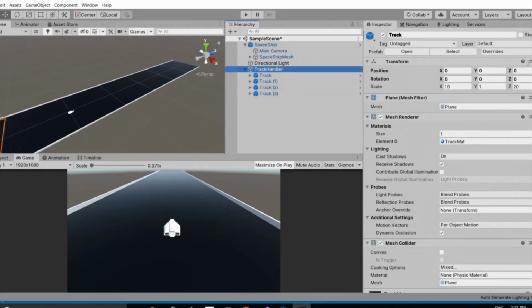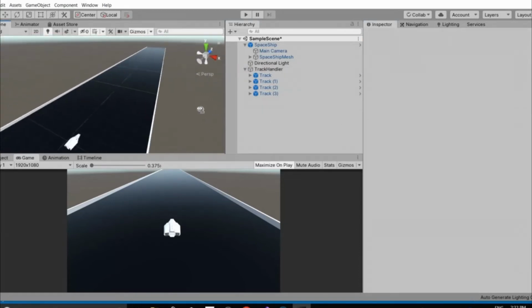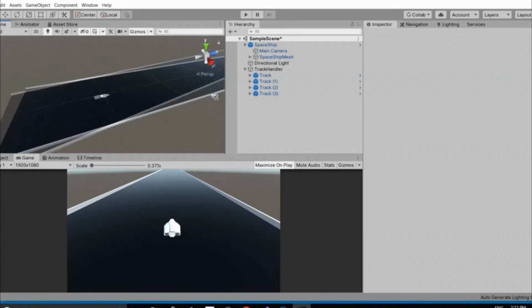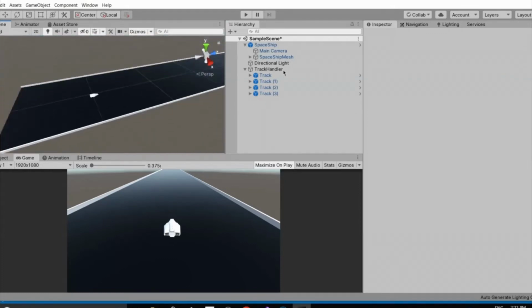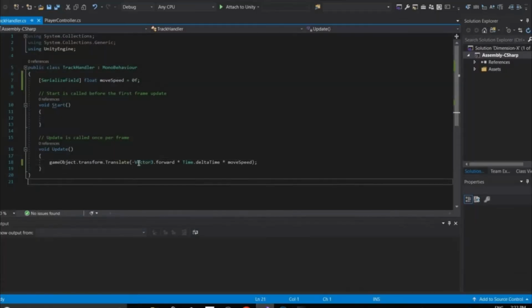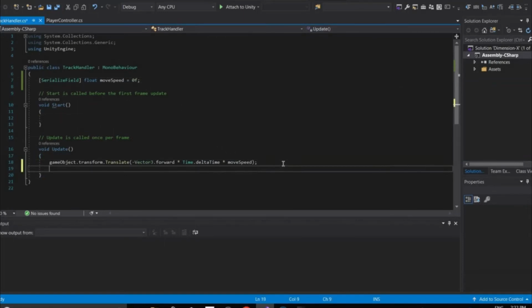So to add a track, you need to add a prefab variable, right? But before that, let's first work on the delete functionality of the track. Once it reaches 200, it is going to delete it. For that the logic would be, let's go to the script, open the editor, and access the transform of the z-axis. So gameObject.transform.position.z modulus 200